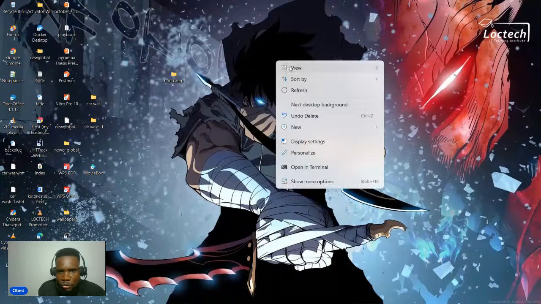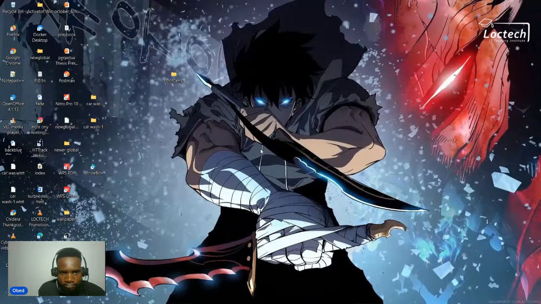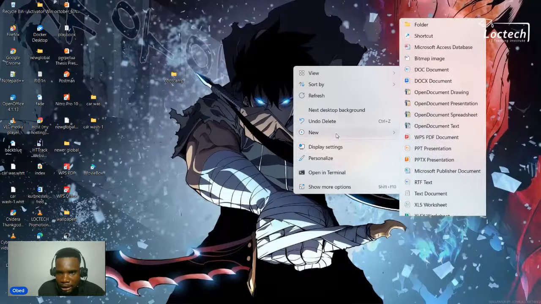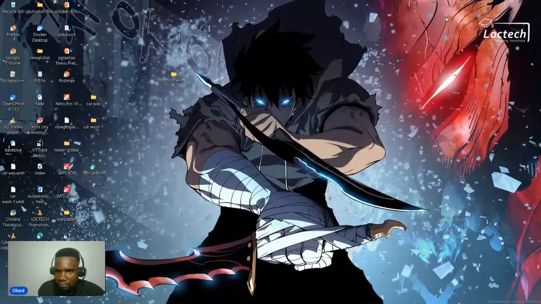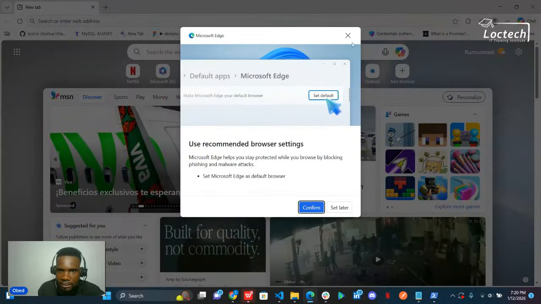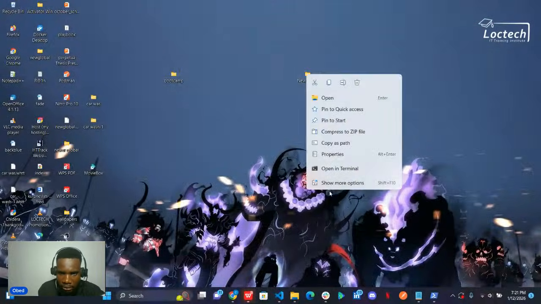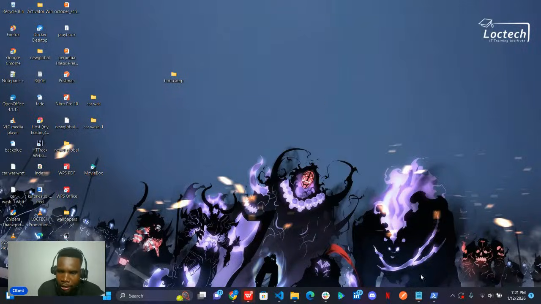Let me give examples of the operations I mean. Let me say I want to create a folder, right? I'll simply go to my Windows desktop, right click, and click on new, folder. I'll create a folder, right? If I want to delete, I'll come here, right click, and confirm this, and I'll delete it. And that's gone. Very easy, right?